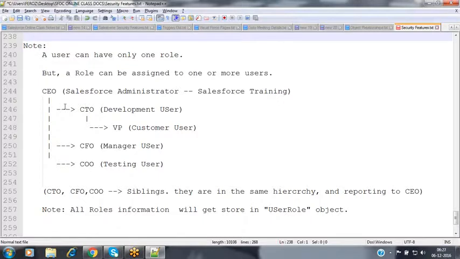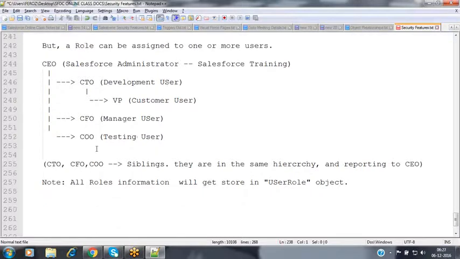Now, in this kind of scenario, what we have discussed here. When coming to the role, in every Salesforce organization, Salesforce provides by default some set of roles which are used to make the subordinates' records visible to the superiors also. In order to make the subordinate records visible to the superior, we configure the role hierarchy and assign those roles to the users inside that organization. So whenever your subordinate creates a record, automatically this record will be visible to the manager also by default.